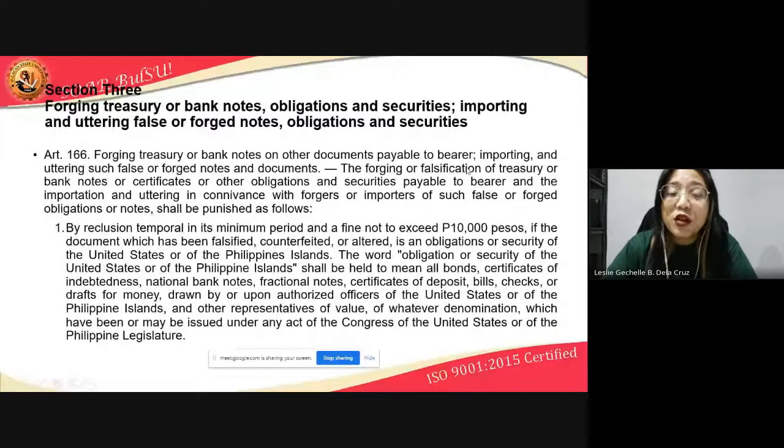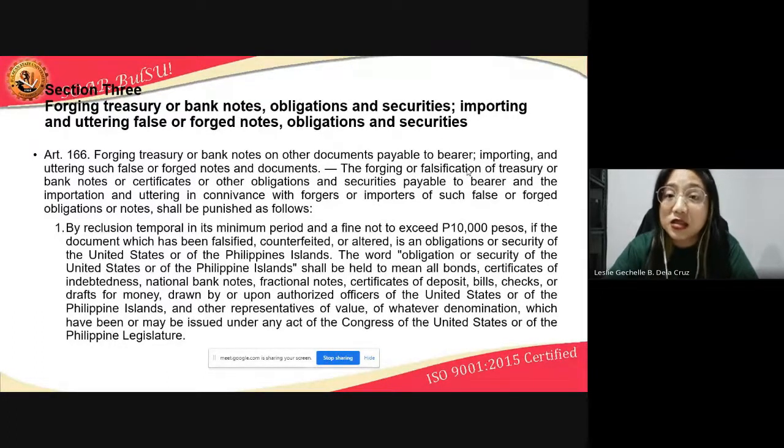Section 3. Forging treasury or banknotes, obligations, and securities, importing and uttering false or forged notes, obligations, and securities. Ito na yung papel natin na pera. Article 166, forging treasury or banknotes or other documents payable to bearer, importing and uttering such false or forged